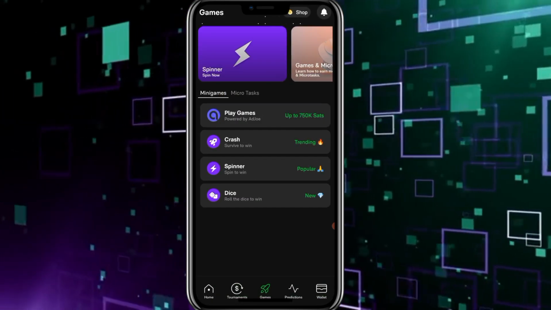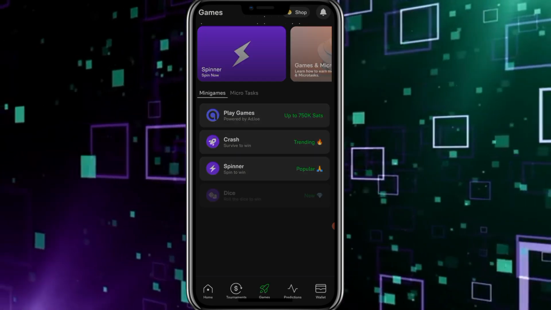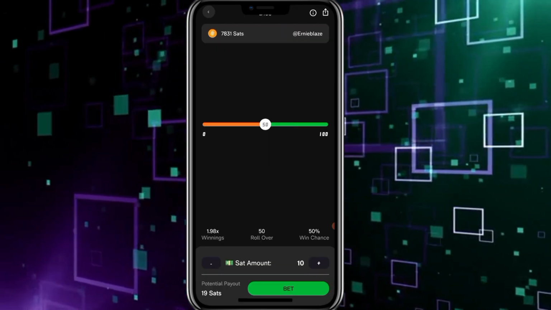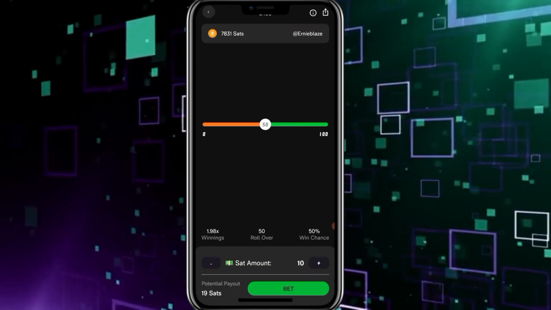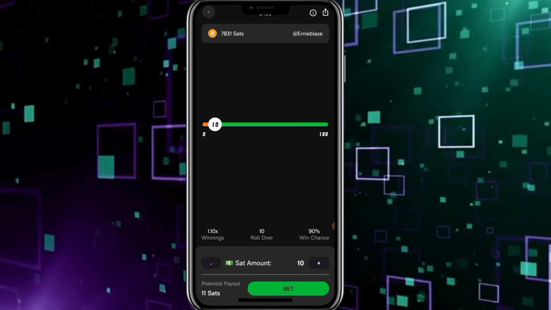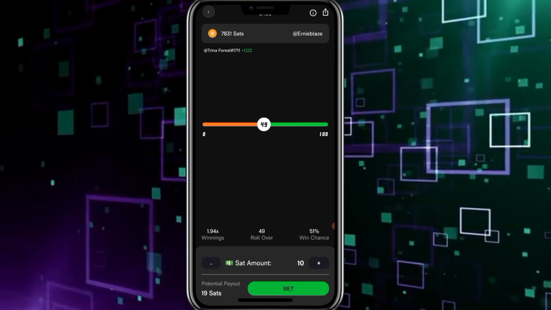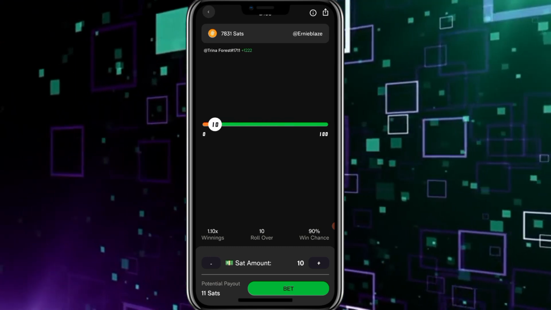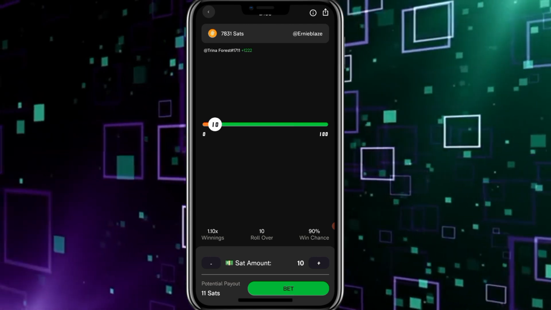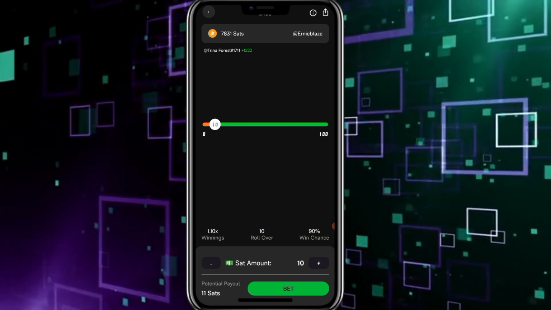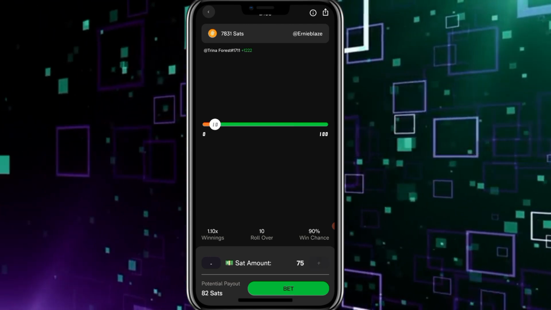So the next one here is dice. This is just actually a new one that just introduced. So what is here is that you actually increase the profit level, but the chances of you winning is very high. Let me just say here is very high. Then I'll click on bet. I can increase the coin too